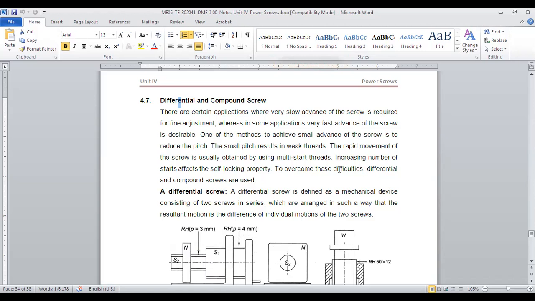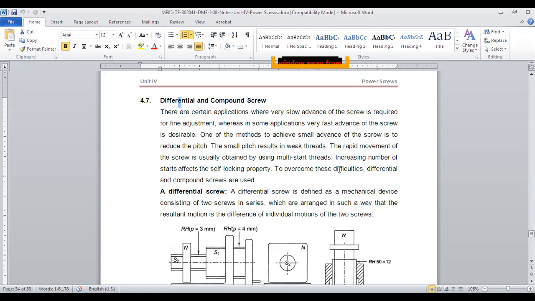At that time, regular screws will not work because there is friction between the threads and very high precision is difficult to achieve. Also, to have a small movement, we have to reduce the pitch between two consecutive threads. If we reduce it too much, the thickness of the thread will come down, and because of that it will become weak. So it will not perform the work it is supposed to do, and because of the weakness, it will undergo wear and tear very fast. That is one disadvantage of a small pitch.